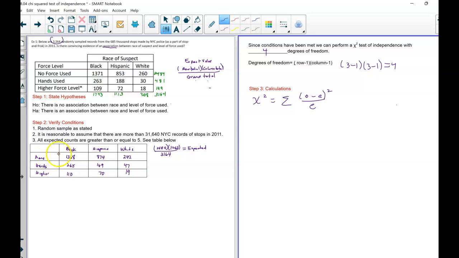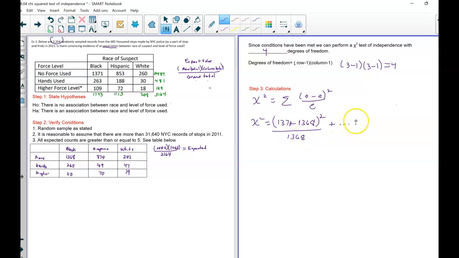So I'm going to start with black and none. So the chi-squared statistic, they were 1371 black with no force minus the expected value, squared divided by the expected value,